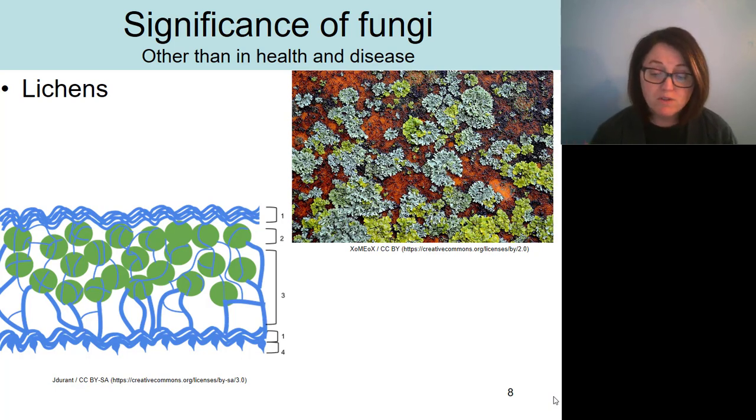Lichens are really important as pioneers in ecosystems that have been cleared away. This could happen like a fire, right? Let's say a fire occurs and now you're working off of ground zero for an ecosystem. Lichens are often the first or pioneer organism to appear. This can also happen on bare rock. Say a volcano goes off in the ocean and you get a new island that's formed. You first start with rock, and then the first major living organism in the ecosystem to pioneer that rock is going to be a lichen.